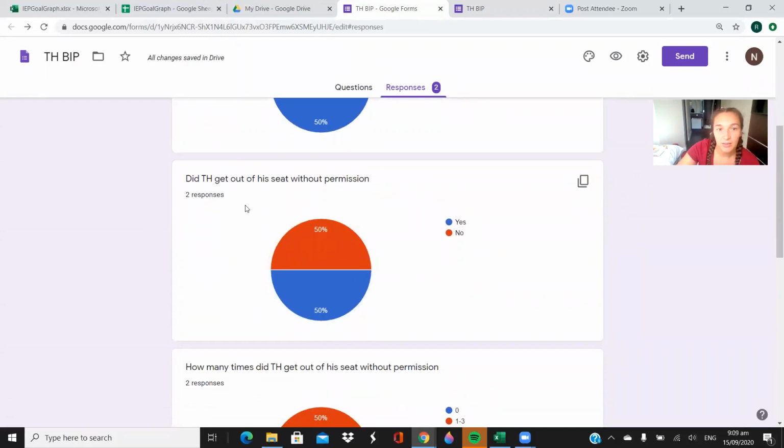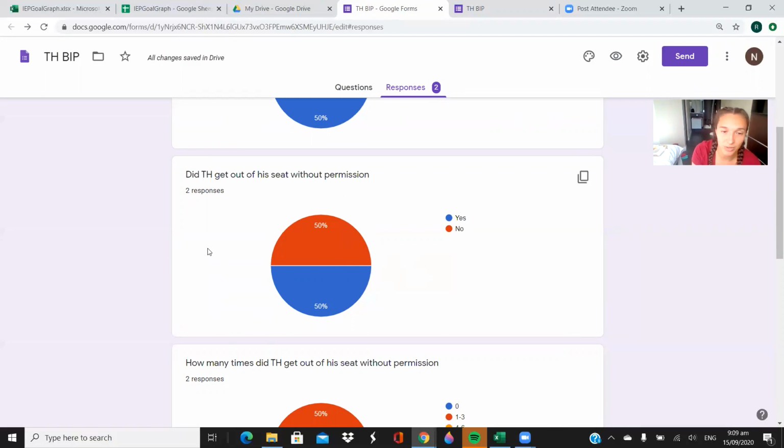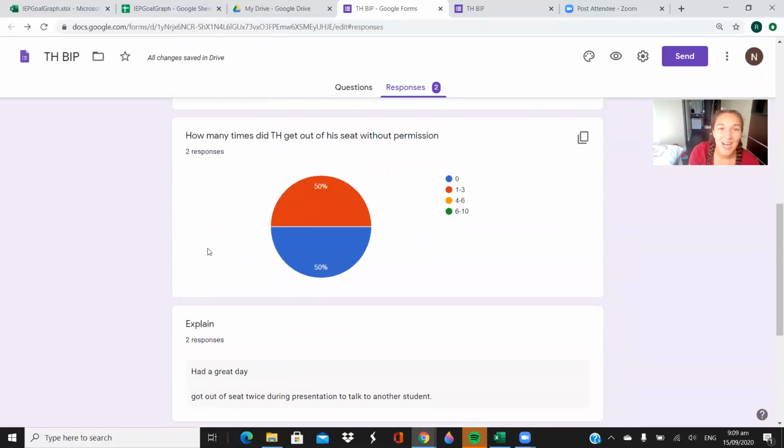This is showing the percentage of out of seat. So this is a super helpful one if you're trying to track this behavior. You can see, oh, he's not doing so hot. Half of the time he's out of his seat. And this is obviously, of course, if you had more than 2 responses. And then this is showing you what percentage is each frequency. Oh, one thing to note,